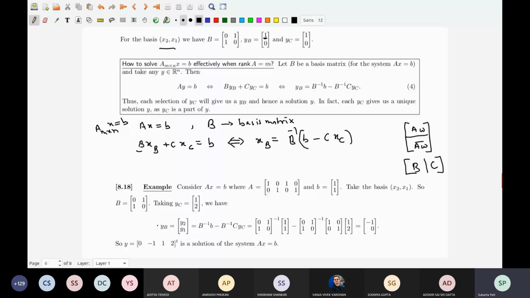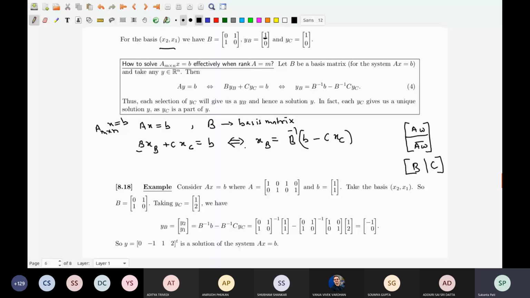Okay, so for example, instead of b, if I take 0, it basically means it is the null space. Null space will have dimension of what? Now n minus m. And if I take b, it is a translation of that null space. Remember the general solution is a particular solution of Ax equal to b plus the homogeneous solution, that means the null space. So it is a translation of the null space. So it is an affine n minus m dimensional subspace.